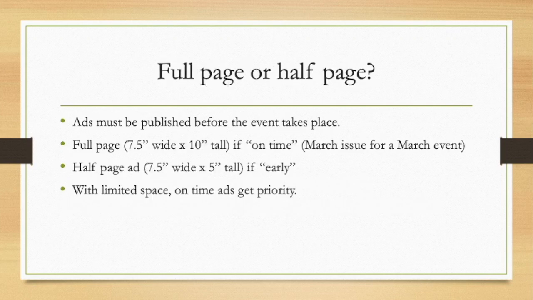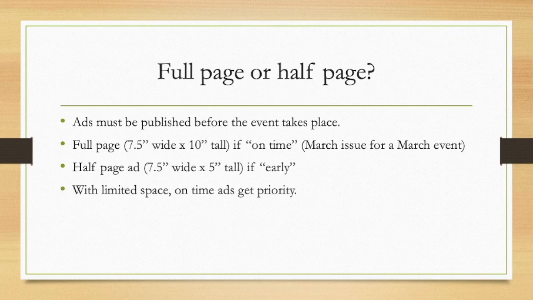So one of the things you need to ask yourself is, do you want a full page ad or a half page ad? All ads have to be published before the event takes place. So if it's a March event, and an event ad is being published for the first time in a March newsletter, then chances are you're going to want to do a full page ad. If you're wanting to submit it early, so we say, hey, we'd like to advertise our event for multiple months, then you need to provide the option to the Kingdom Chronicler of having either a full page ad,